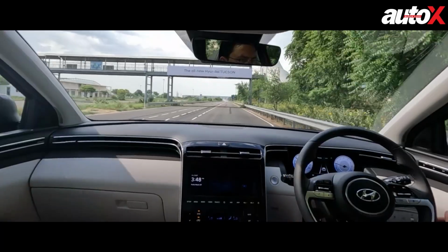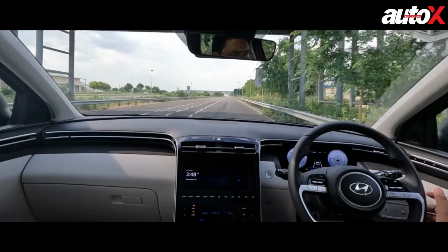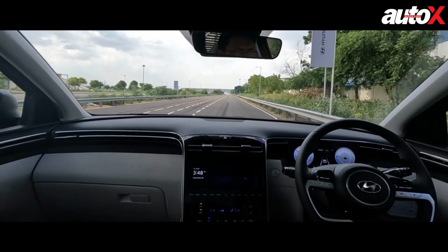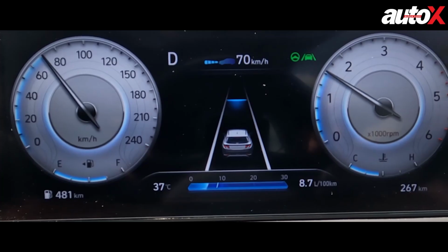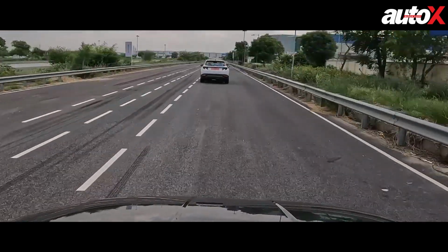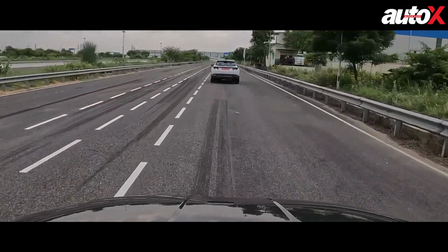We don't need to give any steering. I can see the steering moving on its own here, and we are in the widest lane on the track, and the car is keeping itself centered really well. Monish tried taking it out of the lane, but as soon as he let go of the steering, the car self-corrected and is going back into the lane. I can even see the car in front of me, which is trying to veer off, but the system is